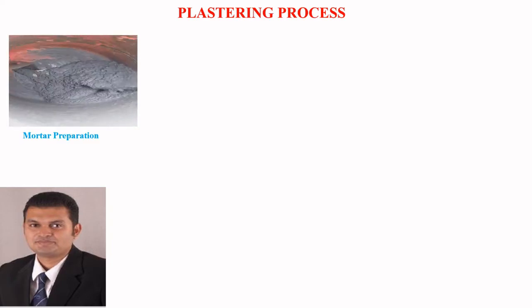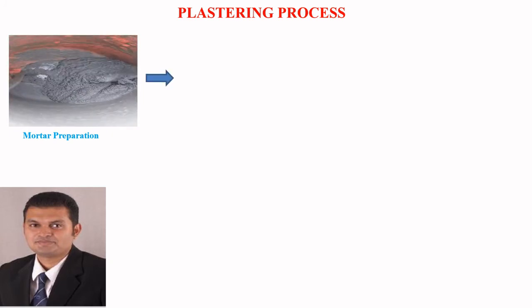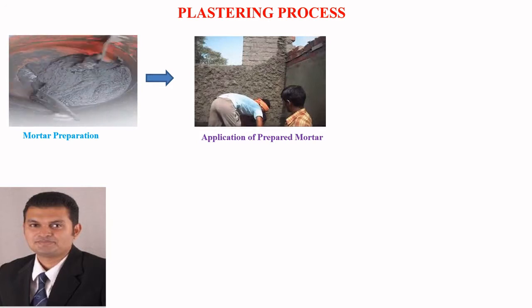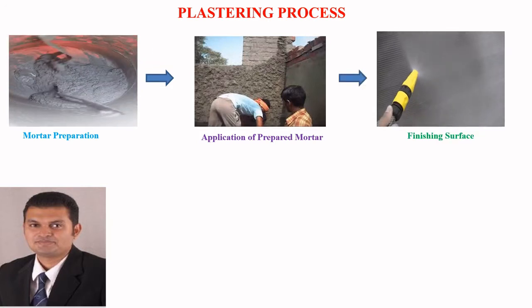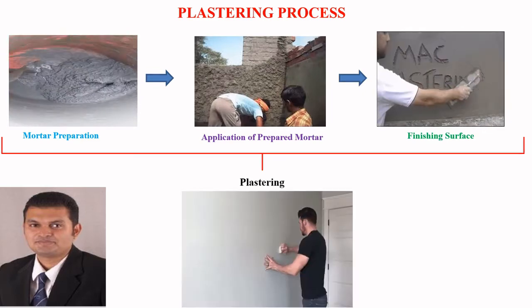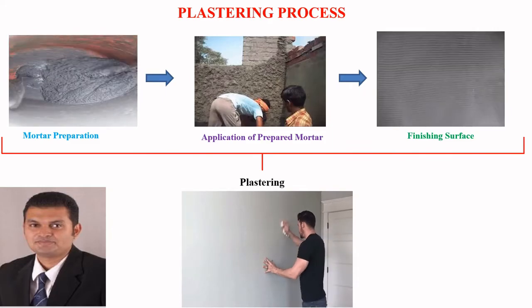Now let's move to the comparison part. But before doing the comparison, we will try to understand the plastering process, so that on the basis of the same, I'm going to compare the various technologies which we have already seen and some of the new technology. If I'm going to describe the plastering process, I can divide it into basically three parts. The first part is mortar preparation. After doing the mortar preparation, I need to do the application of the prepared mortar on the respective wall, and after that I need to do the finishing work as per the requirement. So all these three processes are the main elements of my plastering process.